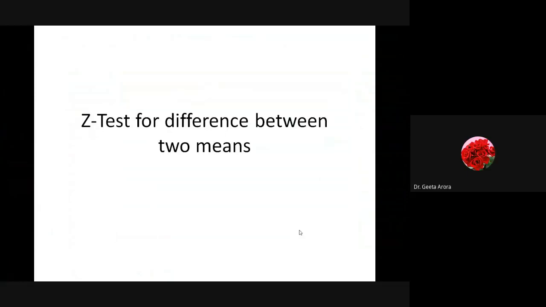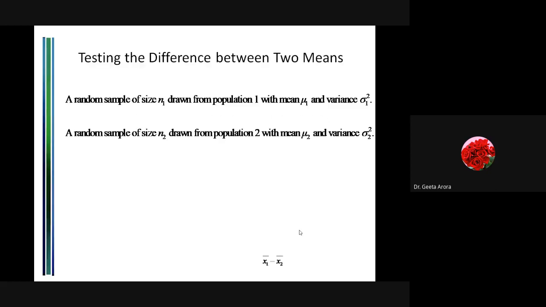So as we have discussed, we have to go for the z test for the difference of two means. Whatever we have learned for the z test for one mean, the whole procedure is to be implemented for the z test for the difference between the two means. But yes, as we have discussed, here we have two samples for consideration. So let me start with testing the difference between two means.